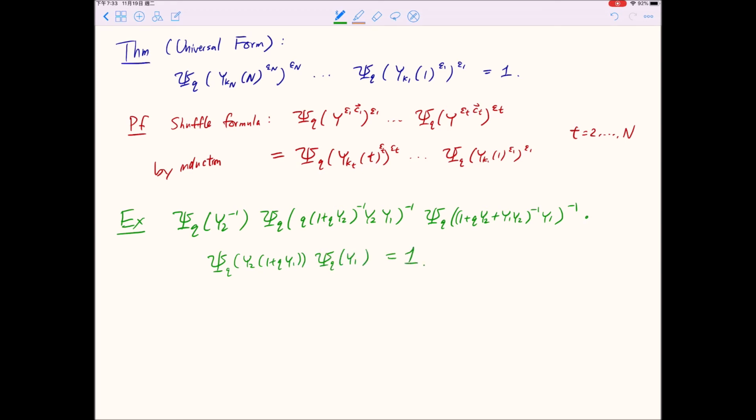Yes, so this is the formula. I hope it is correct. Anyway,